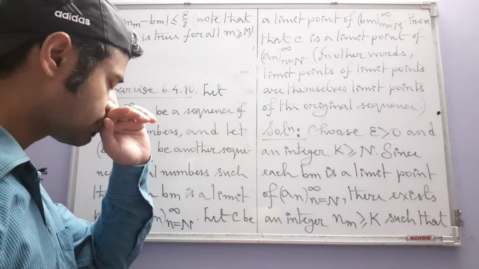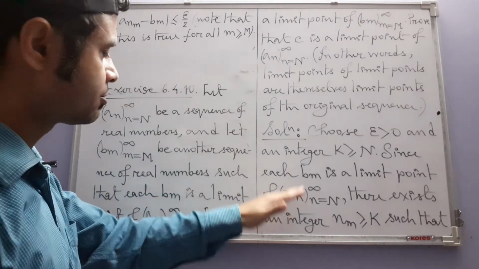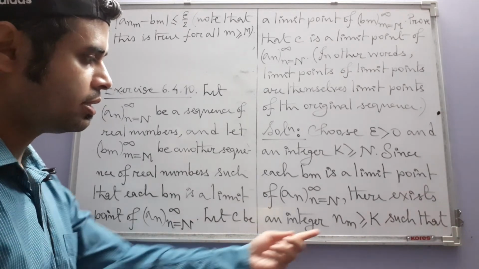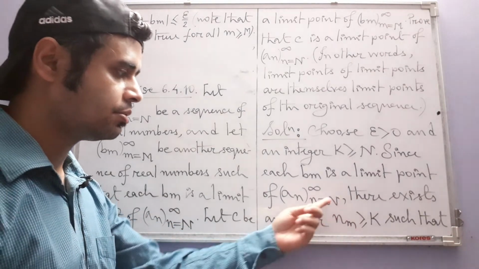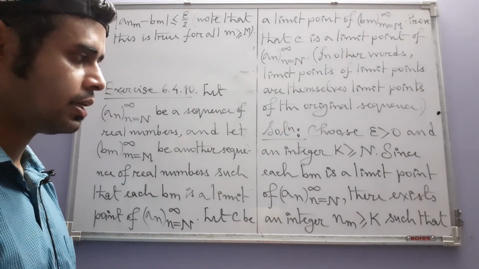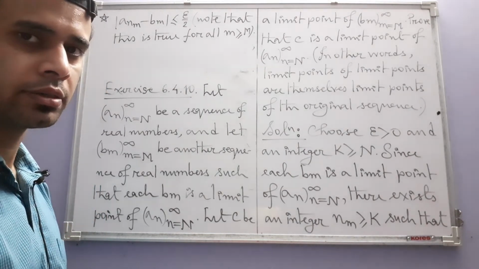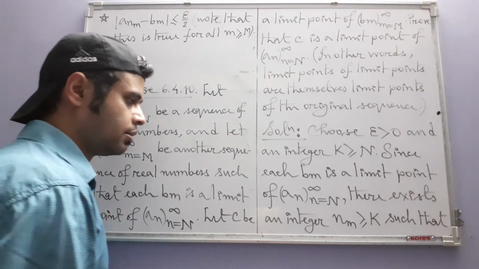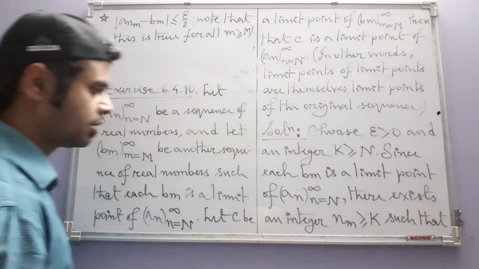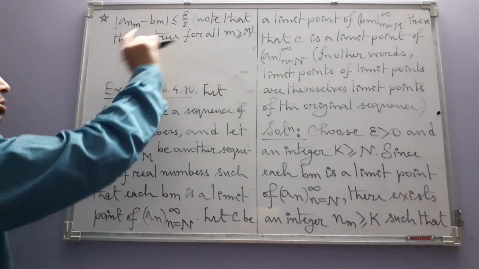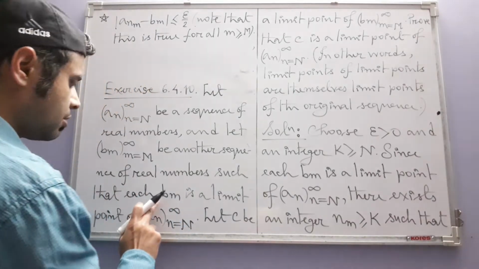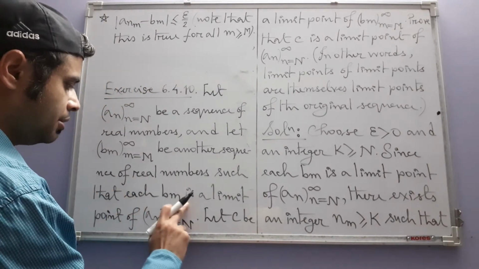Actually, excuse me, these are infinitely many inequalities. You keep on changing m, and each m gives you an integer in m. We don't know whether these integers are equal or not equal, greater. We don't know and we don't care. The only thing we know is that each such integer is greater than or equal to k, and for which this inequality is true. Okay, so we have used only this part of the hypothesis that each bm is a